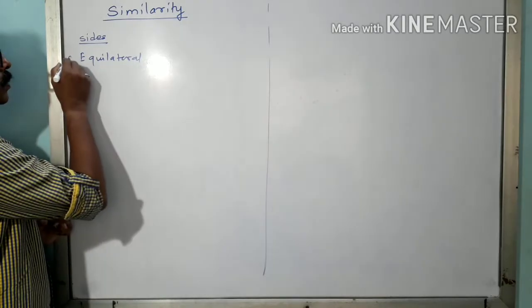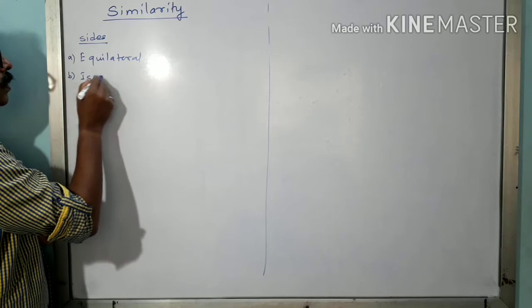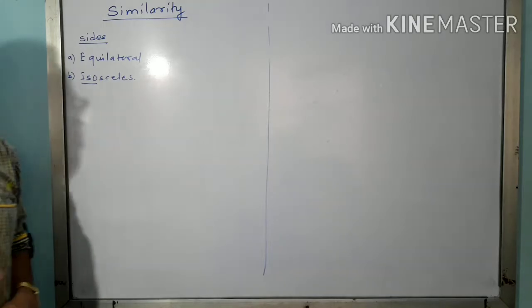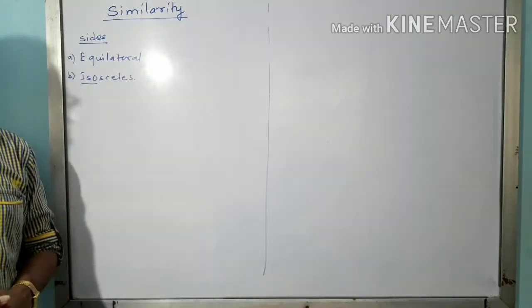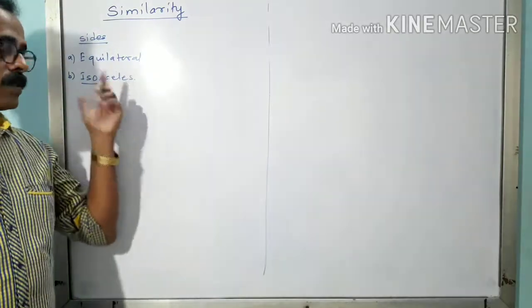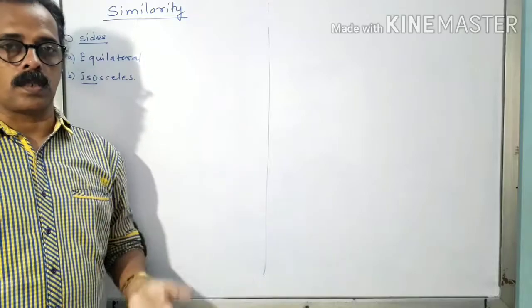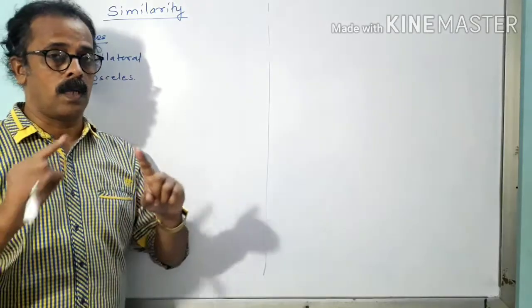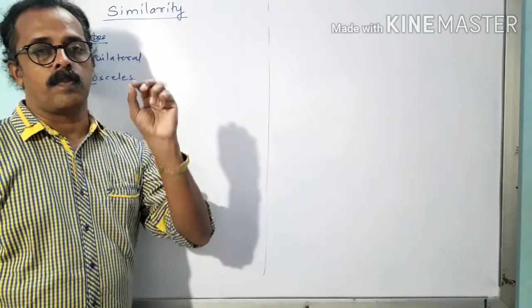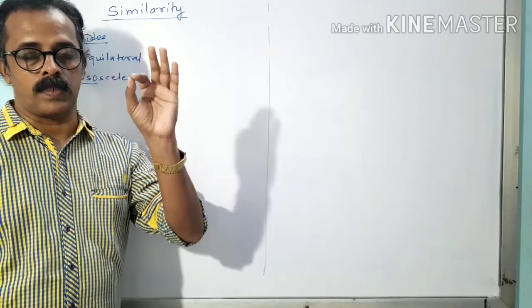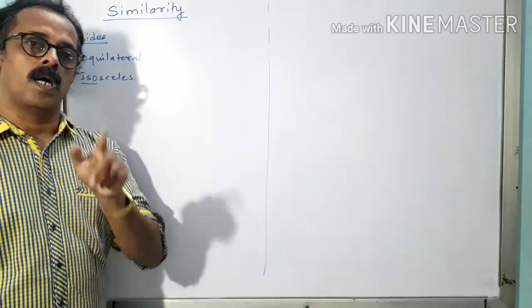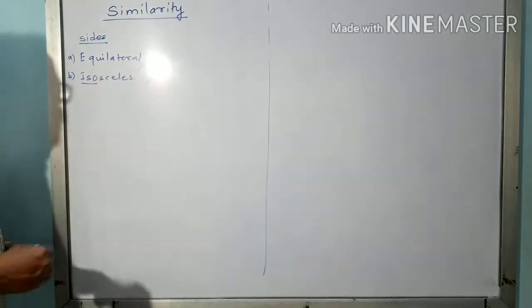The second one we can say is isosceles. The meaning of iso is two and celes means side. So when two sides are equal, then the triangle is said to be an isosceles triangle. We have studied the theorem of isosceles triangle in 9th standard, where we have seen that if the sides are equal, the angles opposite to the sides are equal, and if two angles are equal, the sides opposite to them are equal. An important property of the isosceles triangle is that when a perpendicular is drawn from the vertex of the two equal sides to the opposite side, that is the base, then it bisects the base and bisects that angle. This property we have seen about the isosceles.